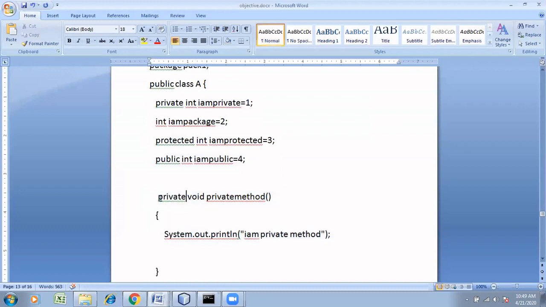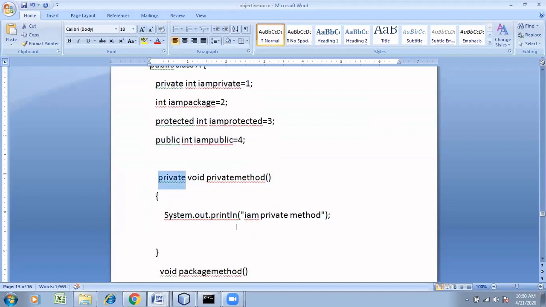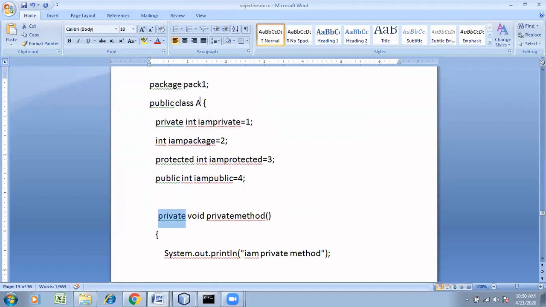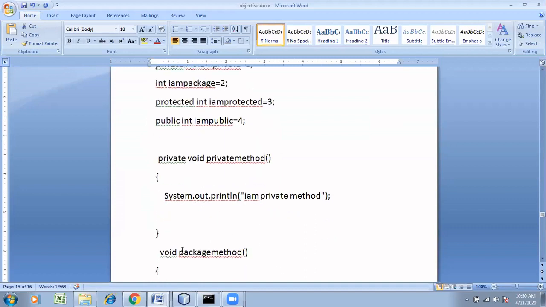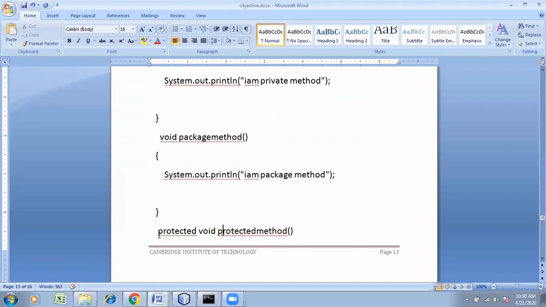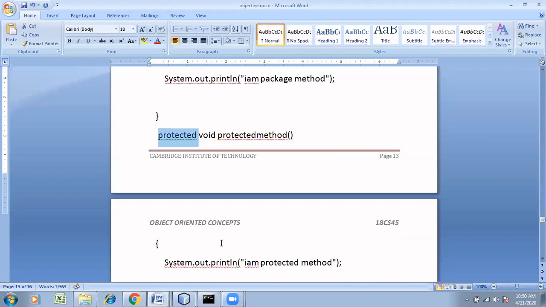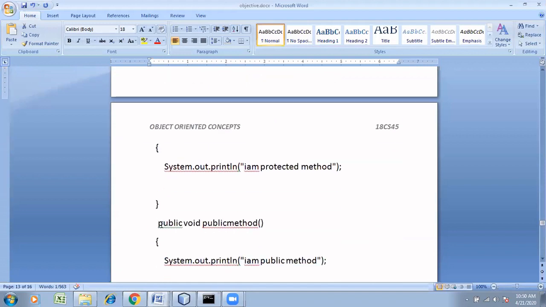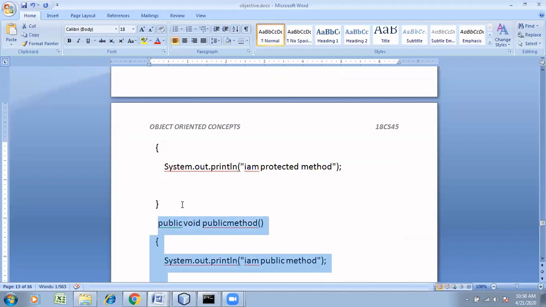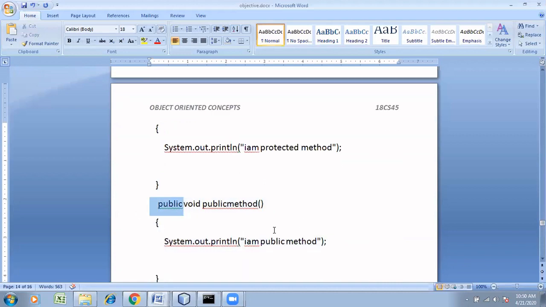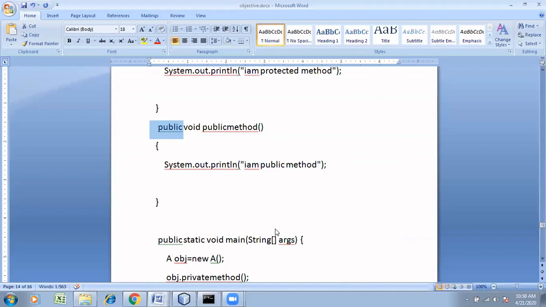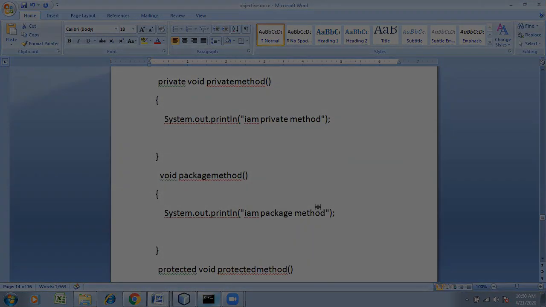So you can give the access modifiers to instance variables, and you can also give access modifiers even to methods. If you give a private method, you can use it only within class A, right? You have something called a package method without any access level. That means only within the package. Then if you have given a protected access level, it can be accessed in the current package as well as outside the package through inheritance. Similarly, you have a public method, which is given the access specifier public. It can be accessed everywhere. Okay, that's all. Any doubts you can ask?